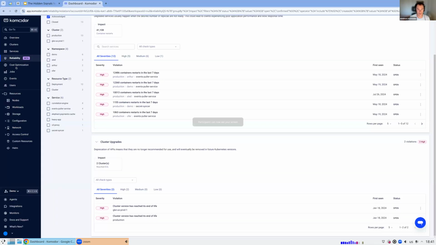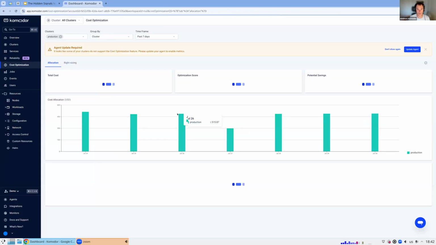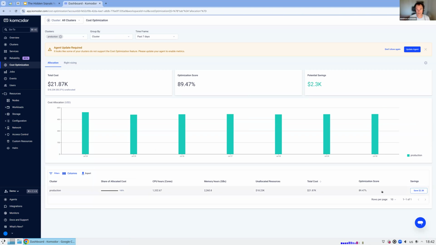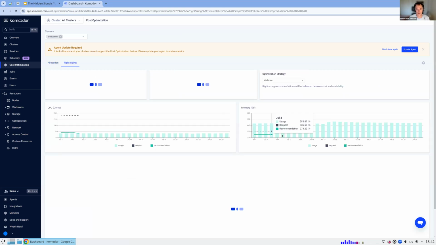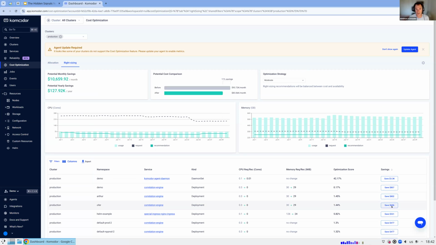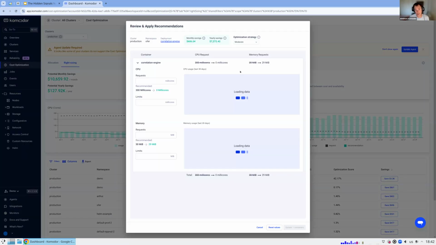And there is also the right sizing area in Commodore where you can go. Basically, let me show you. The best thing is to just show. You can go into the cost optimization phase. This is the area where this question belongs. And there will be the right sizing advisor for you, where you can see that some of the services can save a good amount of money and